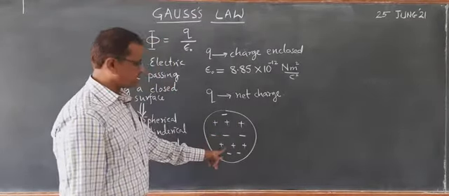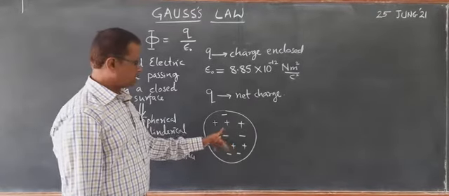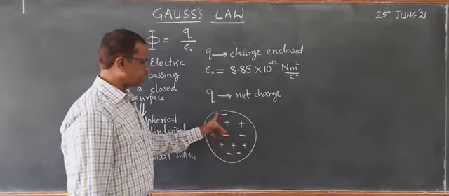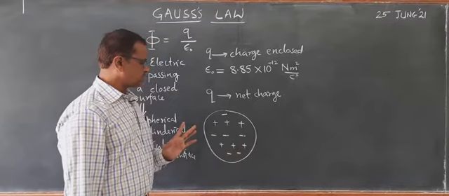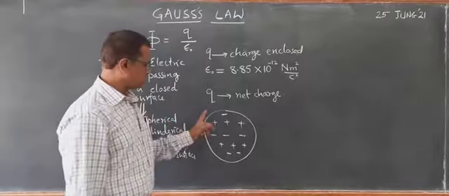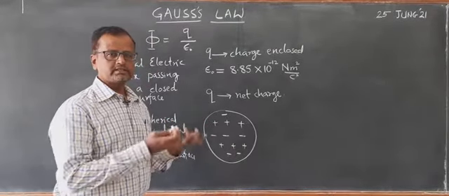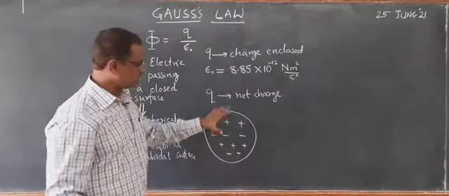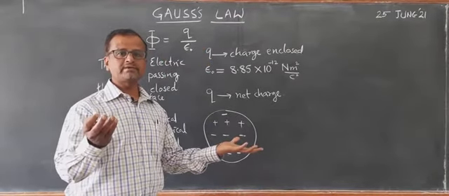Now, you see net charge, if it is all representing electronic charges, then if you take this is 1, 2, 3, 4, 5, 6 negative charge, 1, 2, 3, 4, 5, 6 positive charge. If the charges are of equal magnitude, then the net charge becomes 0. In such case, when the net charge is 0, then naturally the electric flux is 0.